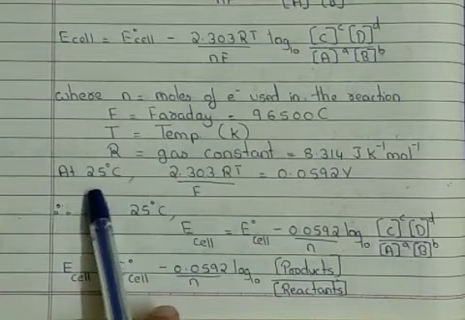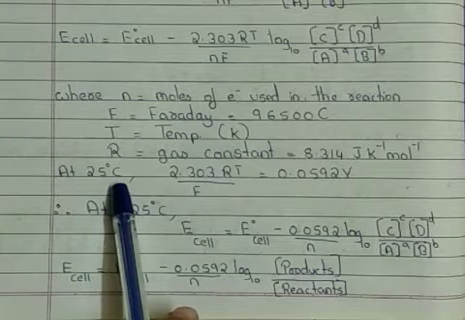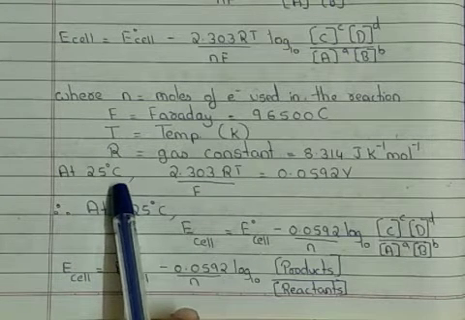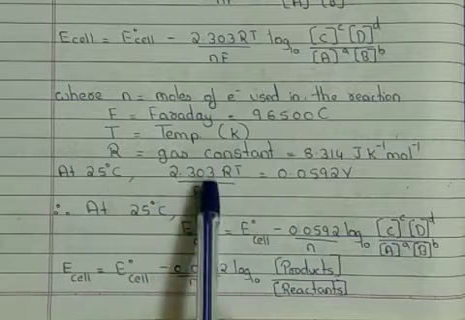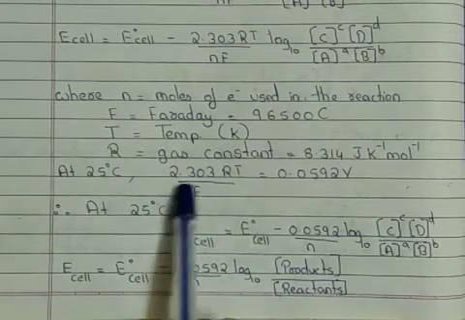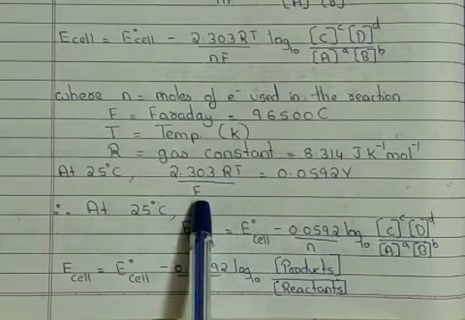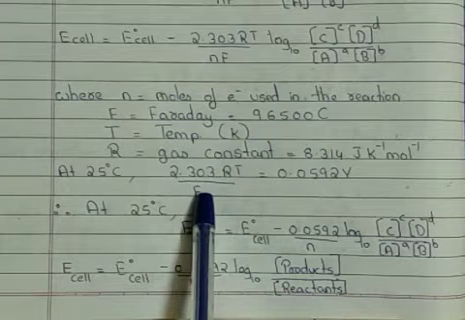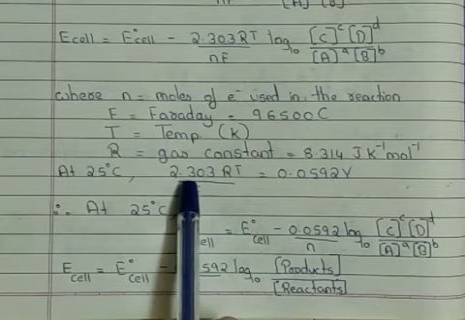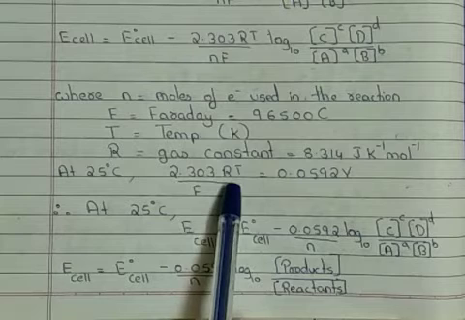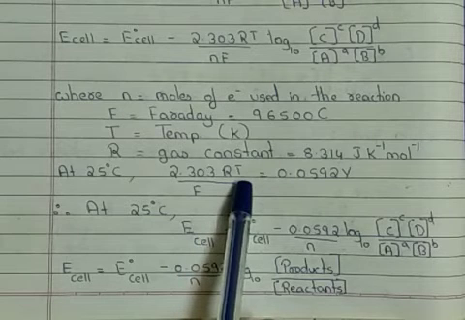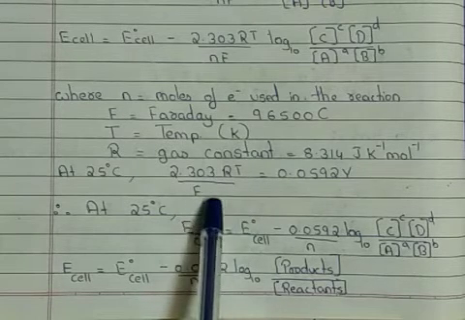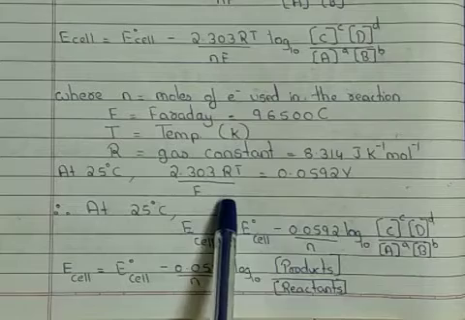If the given cell is at 25 degrees Celsius, that is 298 Kelvin, then 2.303 RT upon F are all constant terms. If I substitute their actual values, it will be 2.303 into 8.314 into 298 upon 96500, which comes to be